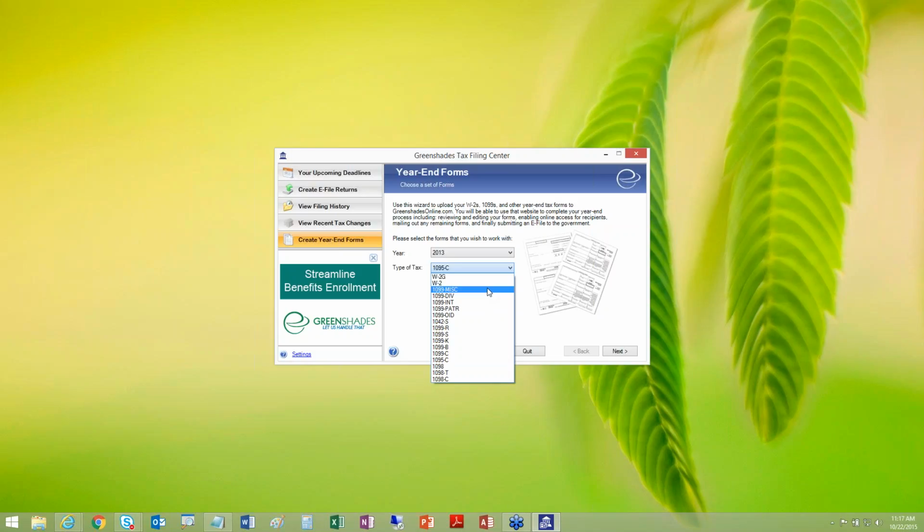Certainly we can assist with payroll forms. I already referred to that a little bit earlier: W-2s, and certainly now the ACA forms, the 1095Cs. But even on the purchasing side, really any kind of tax form that you're dealing with, we can assist with. So it could be 1099 miscellaneous, it could be 1099Rs if you're dealing with pensions. We've got a lot of casinos that use this for W-2Gs. Certainly I mentioned earlier 1098Ts. We can even assist with